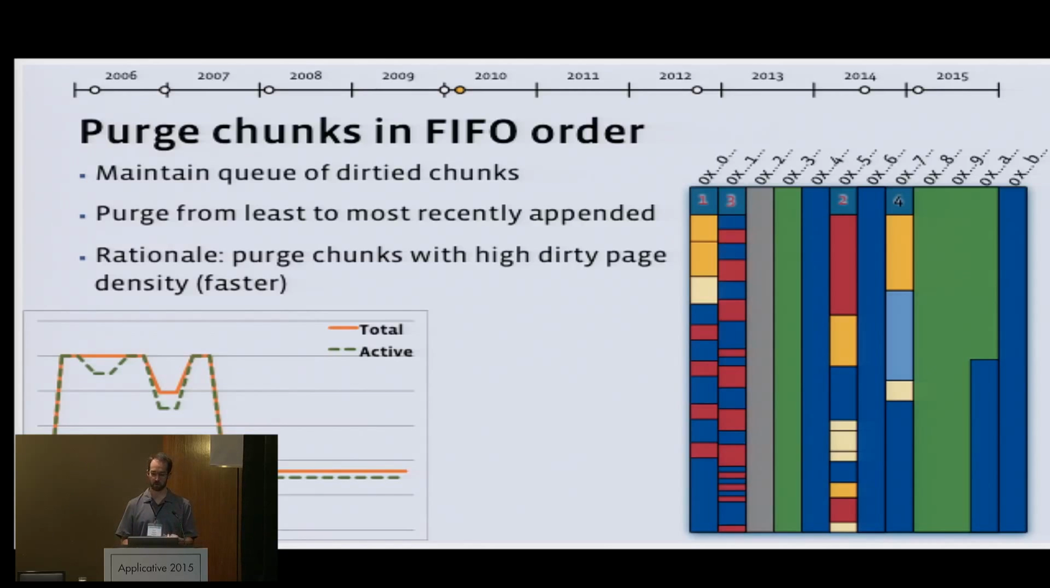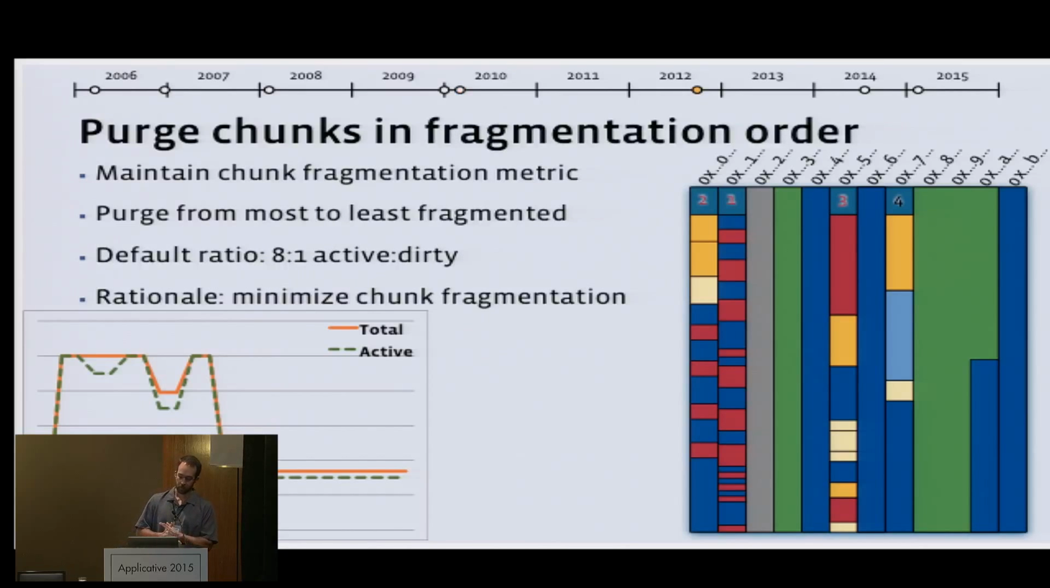So this gap happens to correspond to the final push to get HHVM out into production, so I wasn't paying a lot of attention to jemalloc during that time. In late 2012, I switched to purging in fragmentation order, and so this is a little better in that it keeps track of which chunks have the highest fragmentation. The idea being that by purging those ones first, we're doing the most good in terms of coalescing and providing large regions, large runs for future allocation requests. And I thought this was pretty great, and I wasn't really planning to do any more work on this. This kind of felt like the final solution to me, but